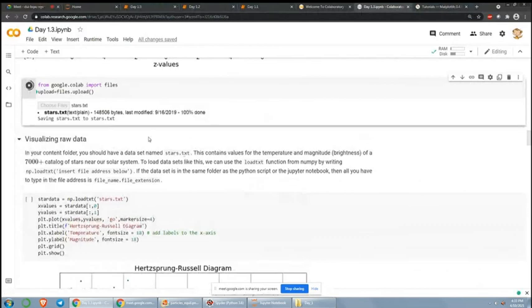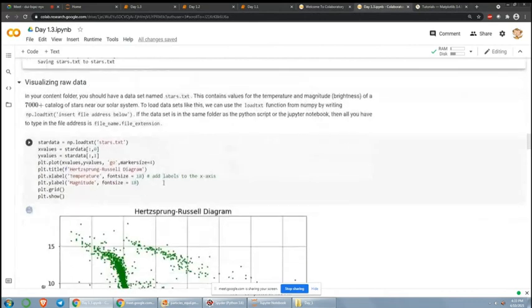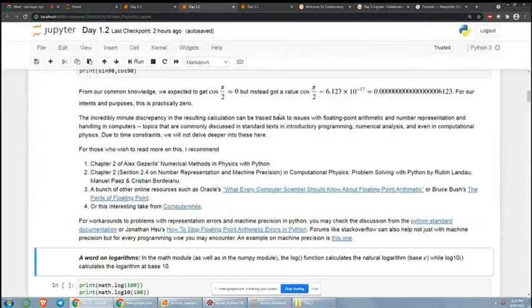So it's now uploading stars.txt to the directory in the cloud computer that you are currently using. Okay, so what if, for example, you're doing this on Jupyter? So